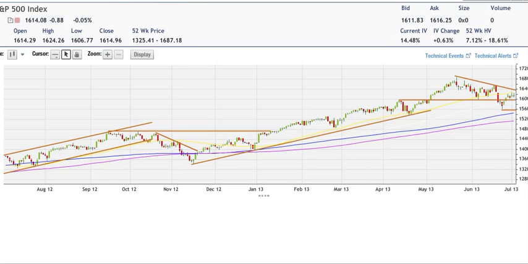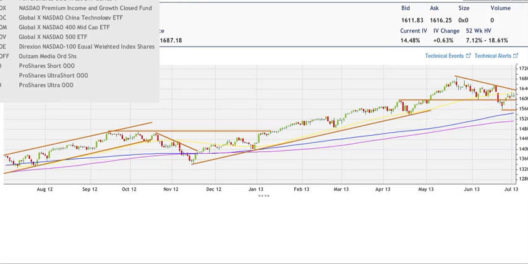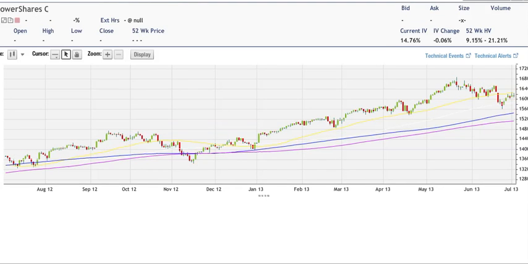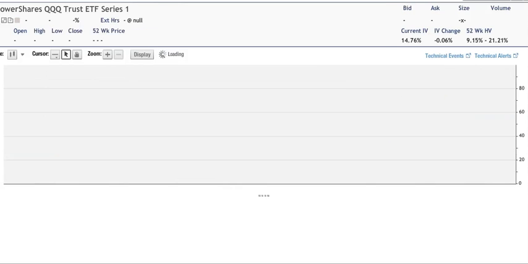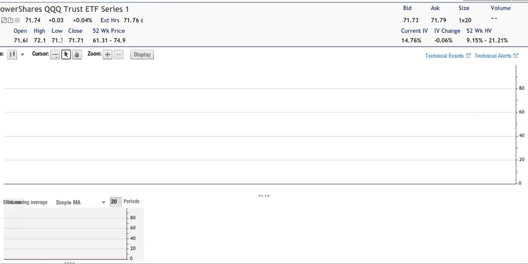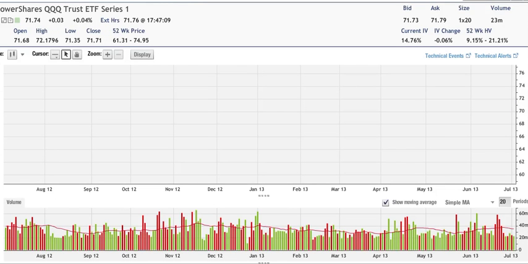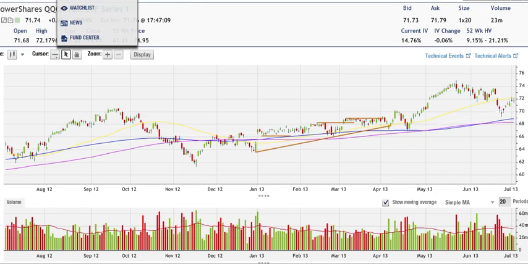Now let's go to our other charts. For the Qs, pretty much the same here, pretty neutral before the data coming out on Friday. Not taking positions here in front of this, since we have a holiday and some data coming on Friday. We're rejecting the 50-day moving average again, basically the same thing that we talked about on SPX.